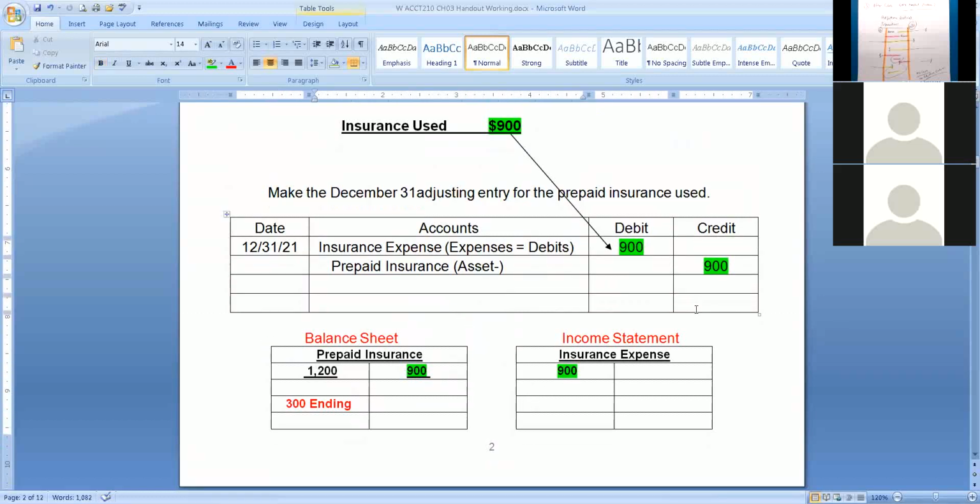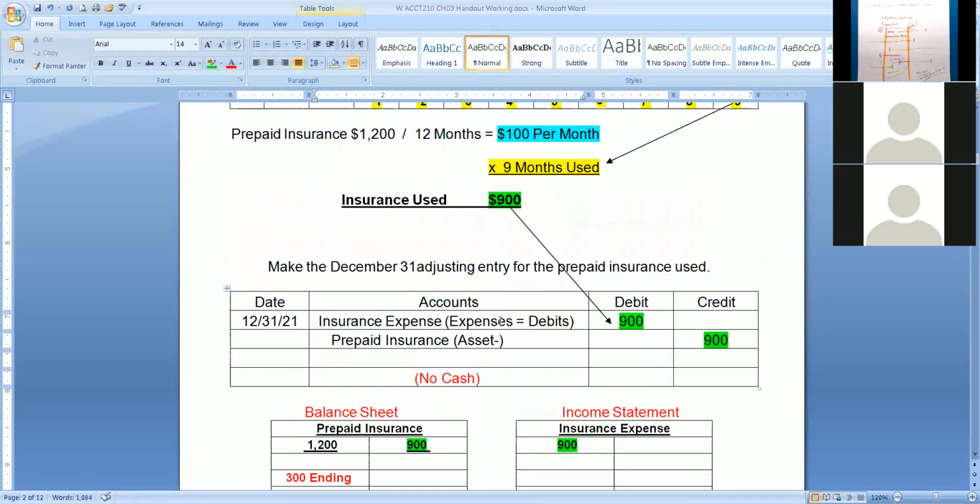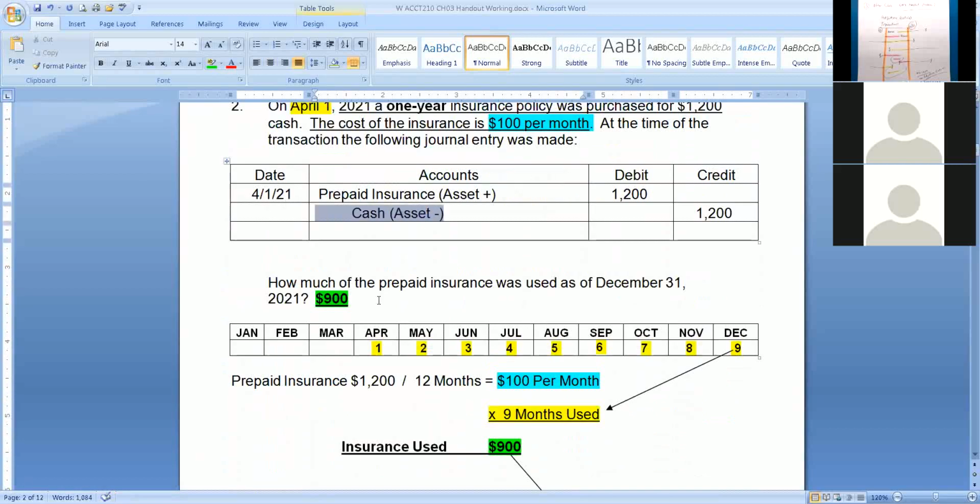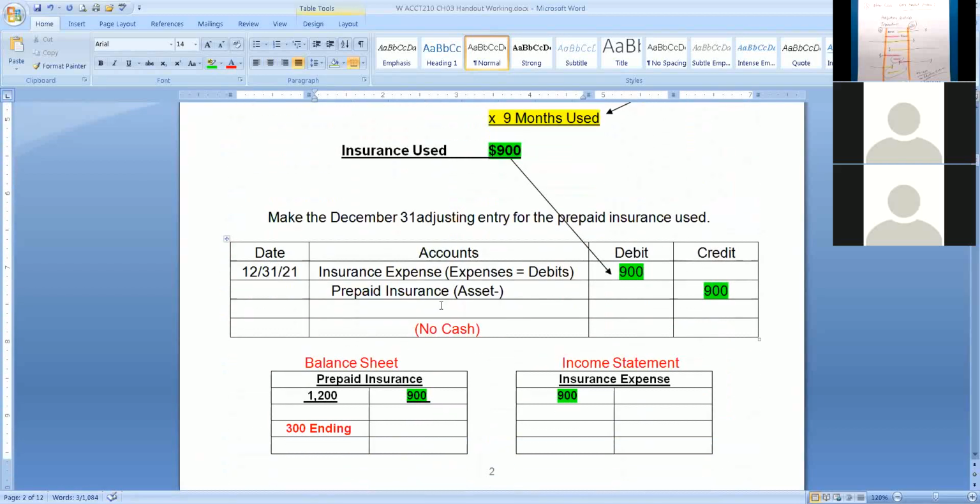Notice something here, though. First of all, it's an expense or revenue. In this case, it's expense, but there's also no cash. Regular journal entries can have cash. Up here, they had cash in them. But in the adjusting entries,